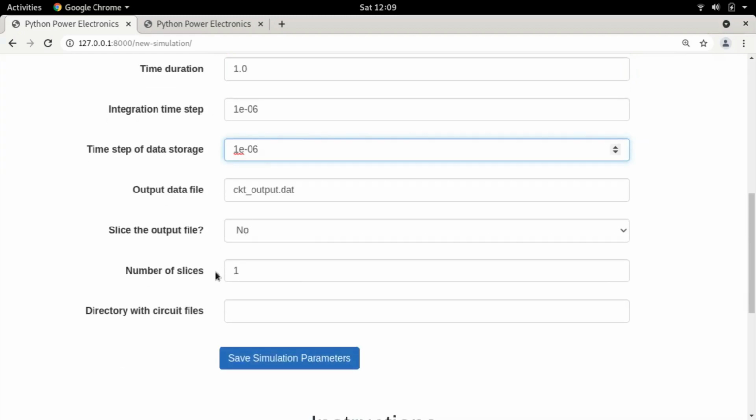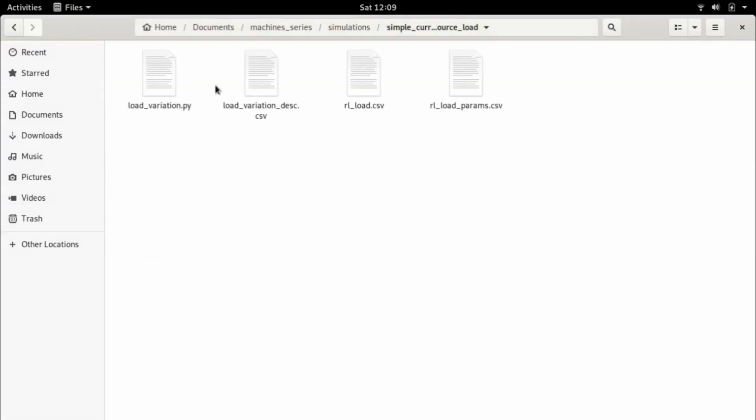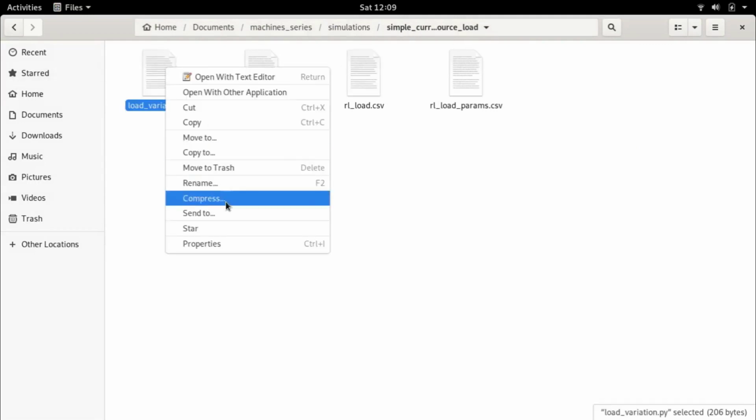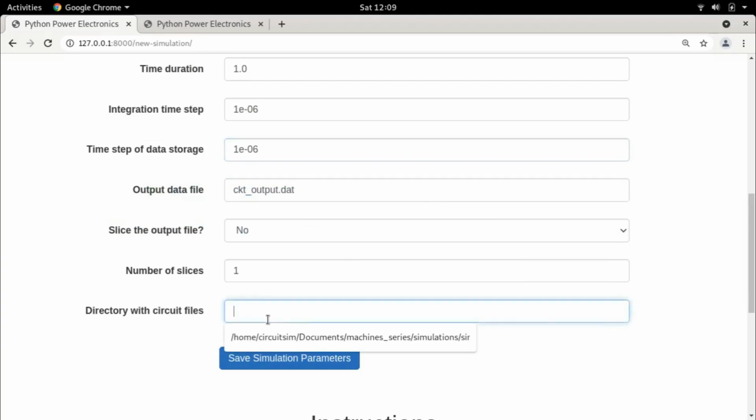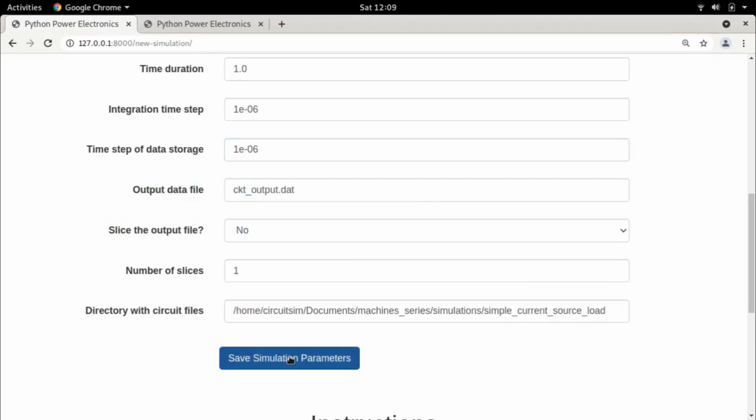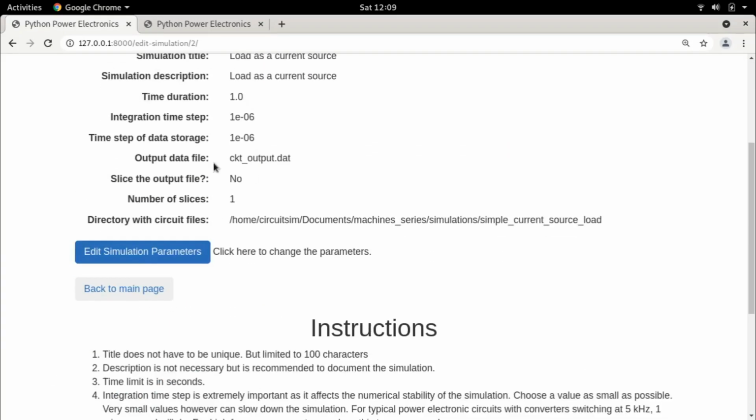No need to slice the output. Number of slices doesn't matter. The directory. For the directory, I just come here. Make sure you're in the right directory. That is the new one. Click on this. Go to properties and pick out the parent folder. Go to the web browser. Paste it. Save the simulation parameters, and if you see this page, it means it has been able to successfully